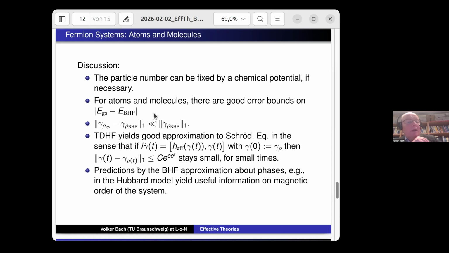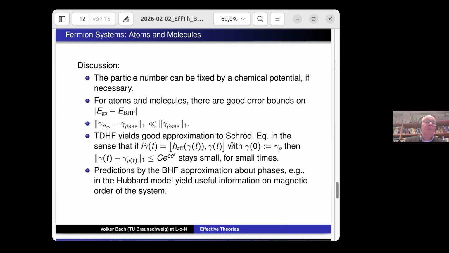And then there are also many results from the past, let's say 20 years or so, on the question whether the Bogoliubov-Hartree-Fock theory gives rise to a good dynamical approximation too. So there is what is called the time-dependent Hartree-Fock equation, which I have mentioned here in the middle line of this bullet point. So this is a differential equation, a nonlinear evolution equation for the one particle